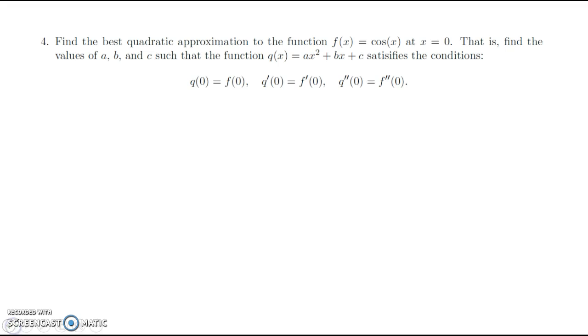Let's go back. All right, so we have two functions. The first one is f of x equals cosine of x, right, at 0. We're always talking about